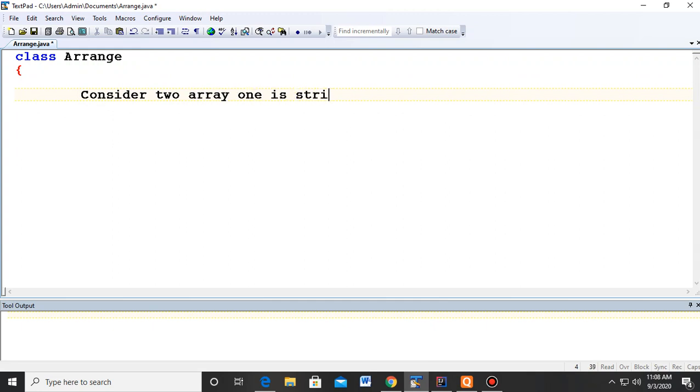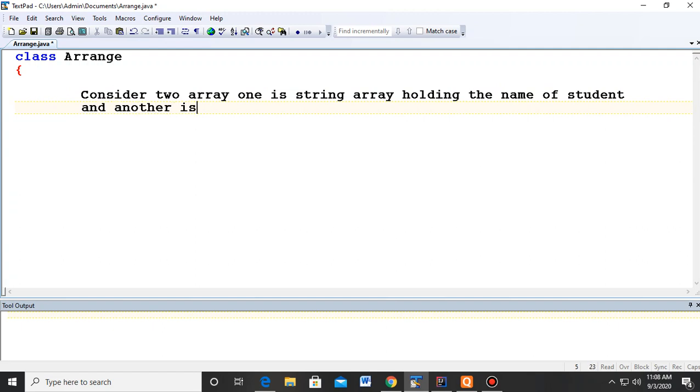One is a string array holding the name of the student, and another is an integer array holding the mobile numbers.